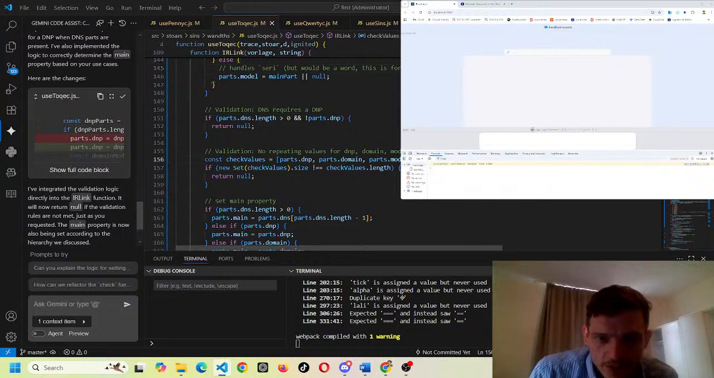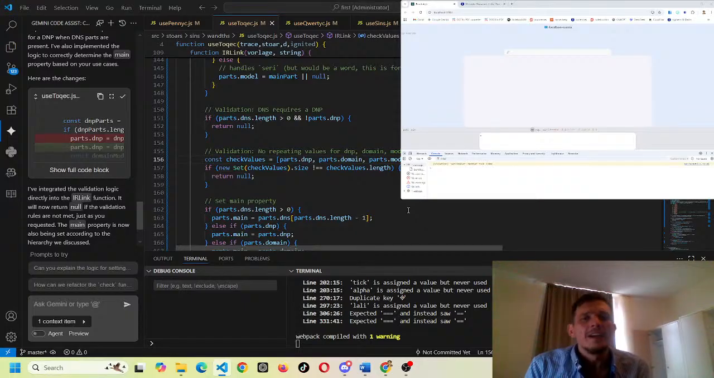Check values, just filter boolean. If it exists. Interesting, I didn't know that syntax. Dot filter boolean. Interesting. It takes the value. That's pretty clever how he does this. So he takes the value, and when